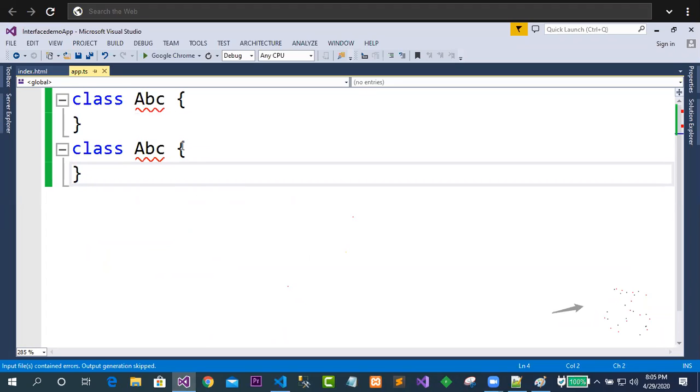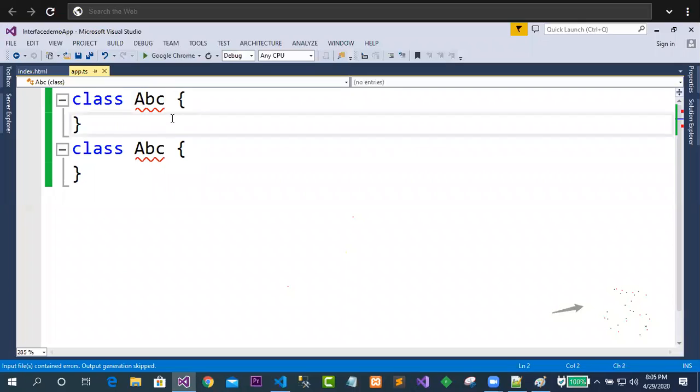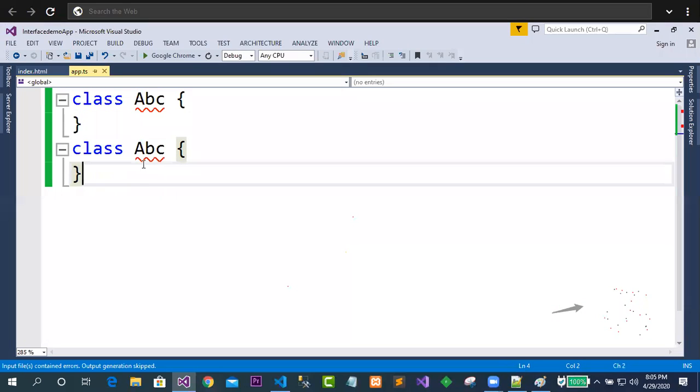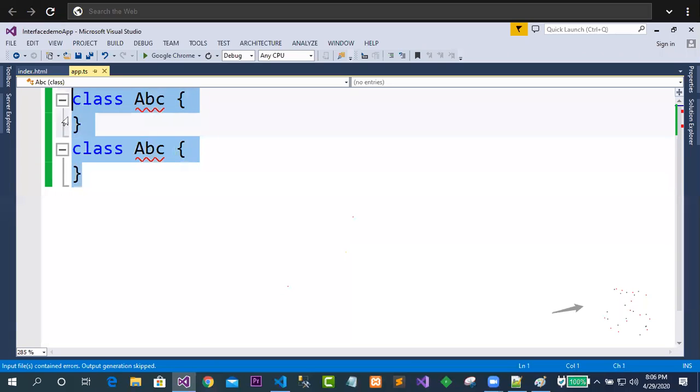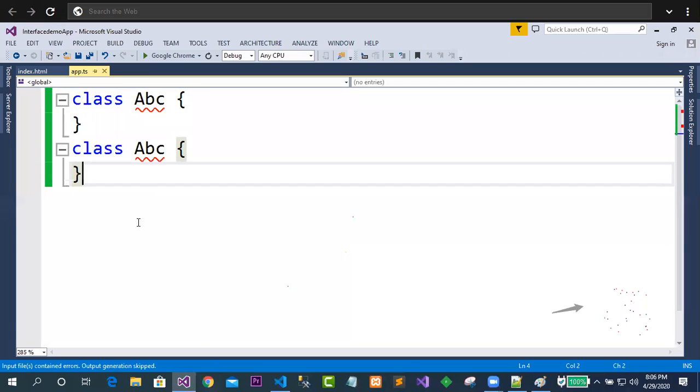Okay, so it is saying yes, duplicate identifier. It means that ABC cannot be duplicated, because once you have defined a class by that name, I cannot define another class. So if this type of issue has come over here, namespace has a great role to avoid this kind of collision between two classes having the same name. So now we will try to understand how the namespace will be declared and how we will use namespace.